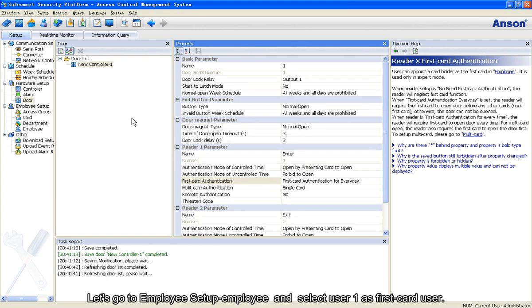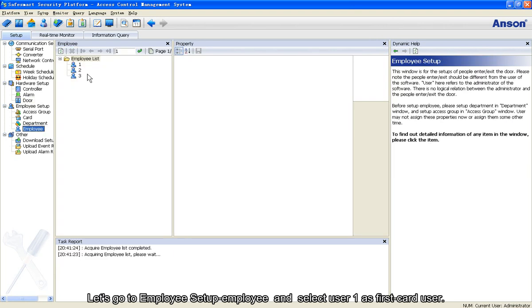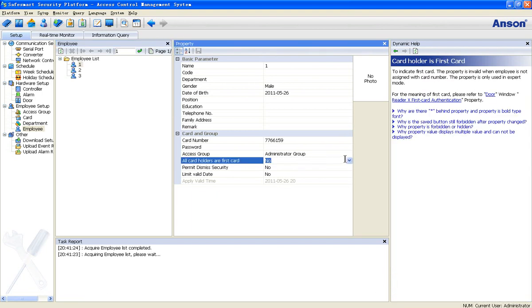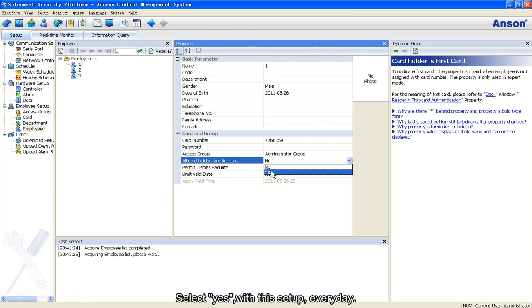Please go to Employee Setup. Employee and select user 1 as first card user. Select yes. With this setup every day,